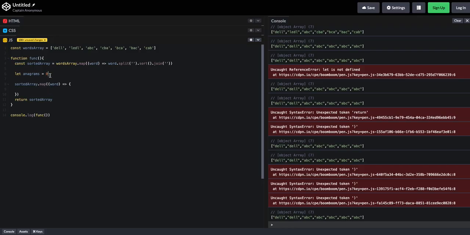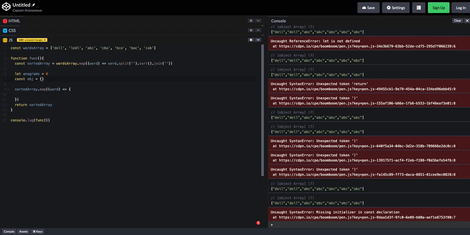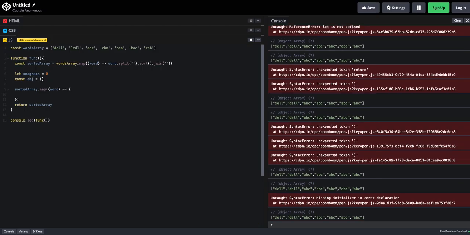So next thing we need to do is create a variable object. We create an object variable, so we're going to initialize that to an empty object. Okay. So now we're going to loop through the sorted array, that map, and we're going to say